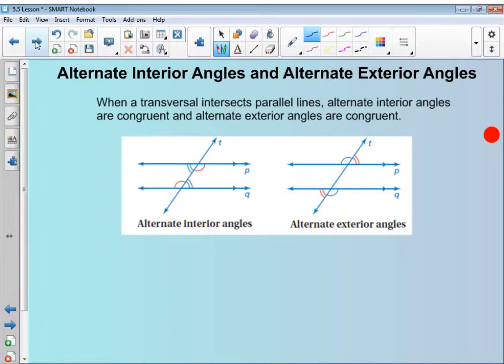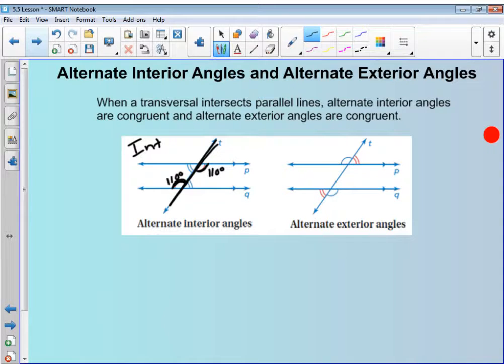So here's our transversal. These would be our interior angles that are identified in red and blue there. What they're saying is if I knew that this angle measure right here was say 110 degrees, then on the alternate side, basically diagonal from that, on the alternate side of that transversal line, this is also 110 degrees. You'll be able to go through and solve these, but just in case we ever come across where they're talking about alternate interior and alternate exterior, they're your inside angles and they're on the opposite, the diagonal side